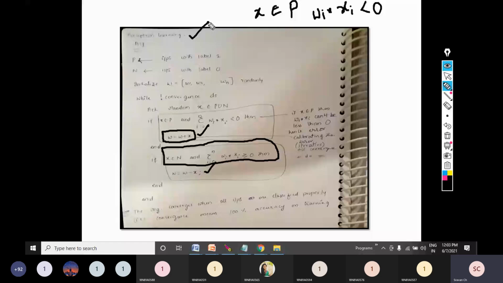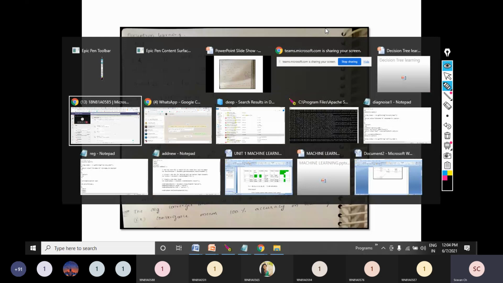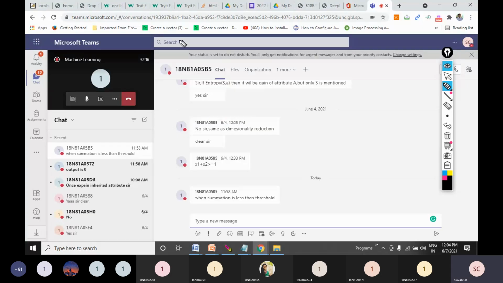If I directly talk about these 2 points, you will not understand anything. That's the reason I have mentioned it in the form of an algorithm. So friends, this is how we will make some changes in the weights, and slowly we will reach the convergence point. So till now, is it clear to everyone? Please let me know, because now we are going to discuss one important concept called gradient descent. Please let me know in the chat box whether the perceptron learning algorithm is clear to everyone or not. Please respond.